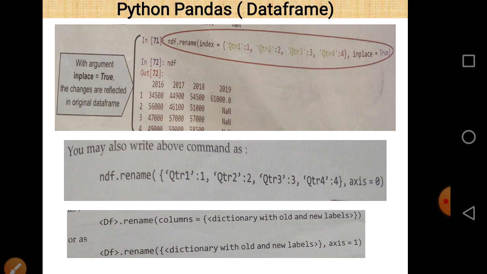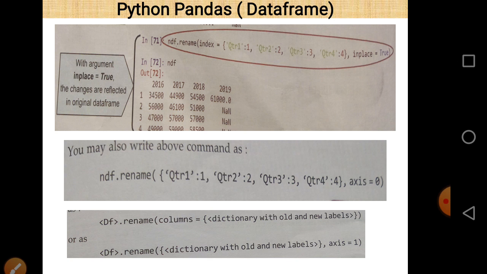Axis 0 means row wise, or we can say index wise. So when we take axis is equal to 0, then QTR1, QTR2, QTR3 and QTR4 will be replaced by 1, 2, 3, 4 respectively. And for column level implementation, or axis 1 level implementation, we can take axis is equal to 1.